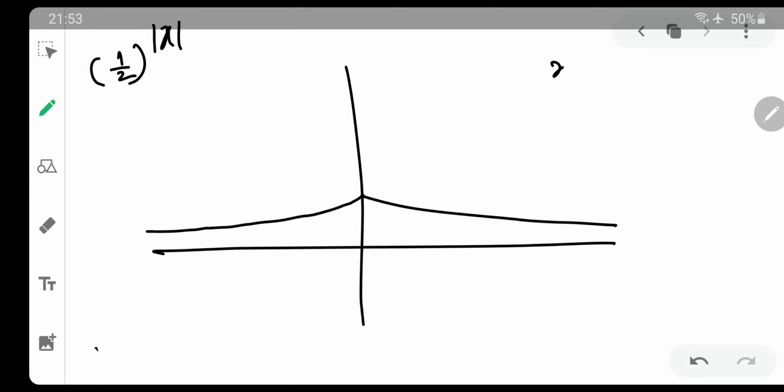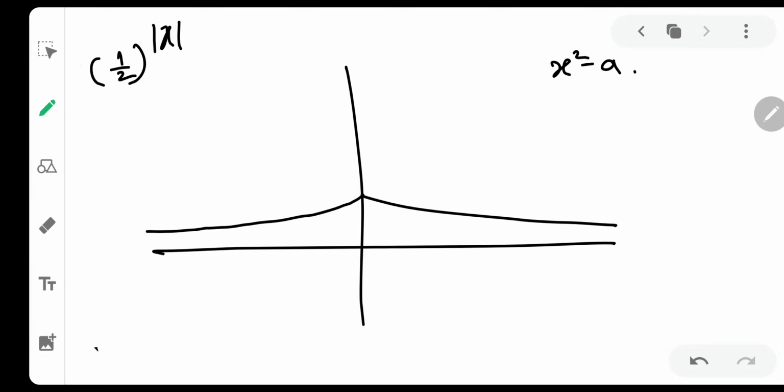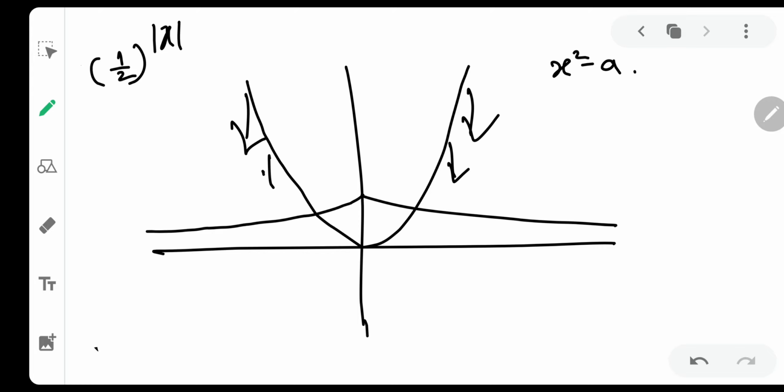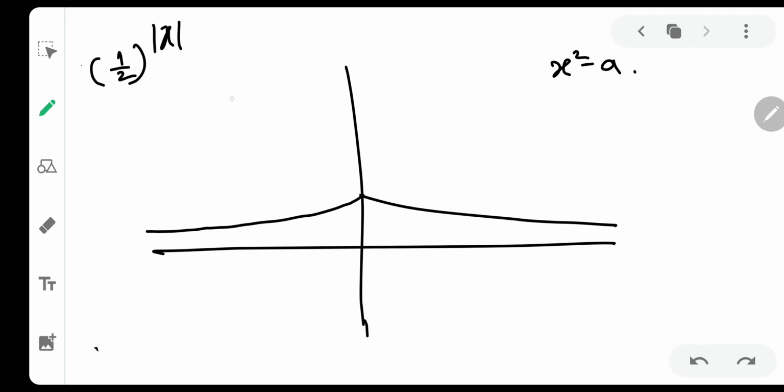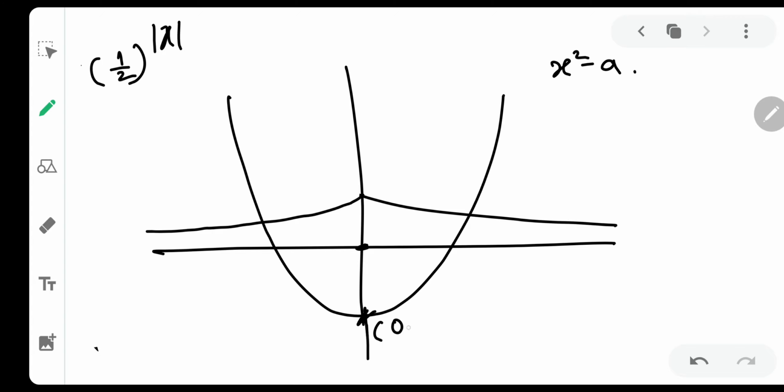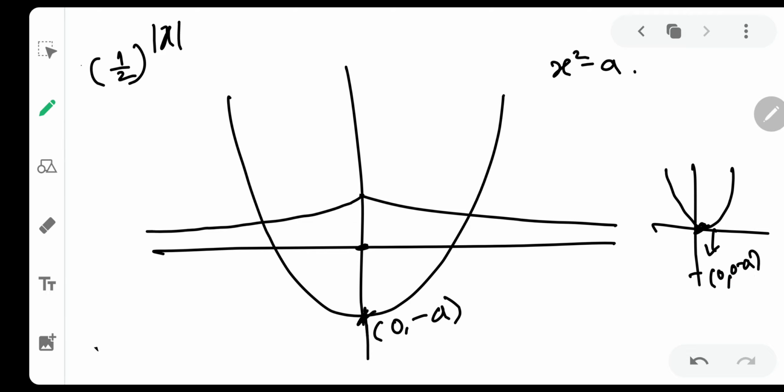Now they have also given us x square minus a. Now, this is a very simple graph. Suppose it was x square, so x square would be something like this. It's a parabola, but it has to be pushed a unit downwards because there is minus a. So let me push it a unit downwards. So initially this value would be 0, but now this value would be 0 comma minus a, because initially the value was 0 0, but a unit downwards, so 0 and 0 minus a, which is minus a only.